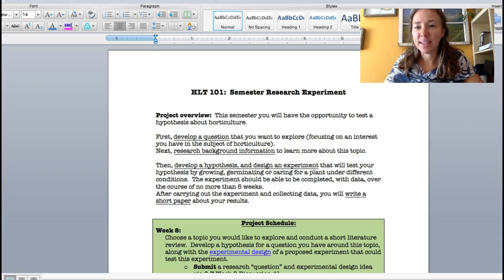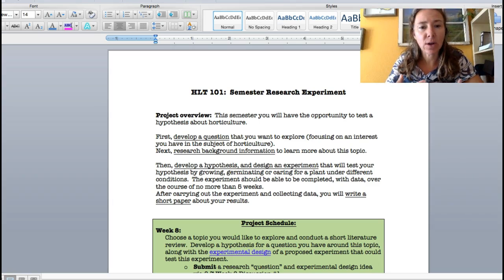The scientific method is a process or technique for investigating the world around us. And much of what we know in horticulture, or really anything, is a result of this process. We begin by asking questions about the world around us, doing some background research to formulate a hypothesis, making observations,